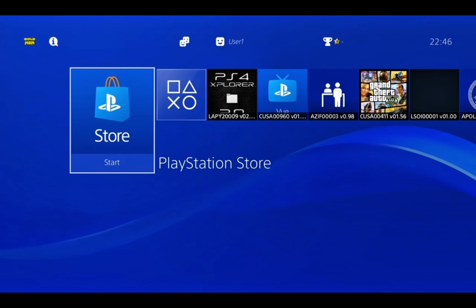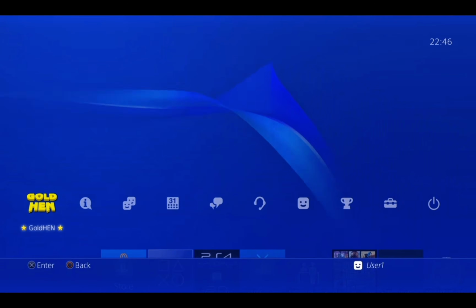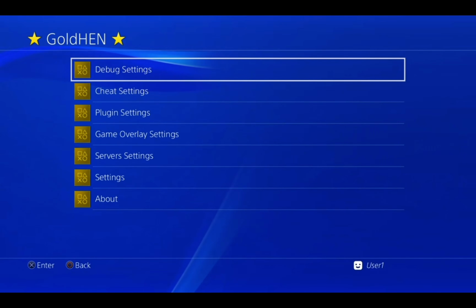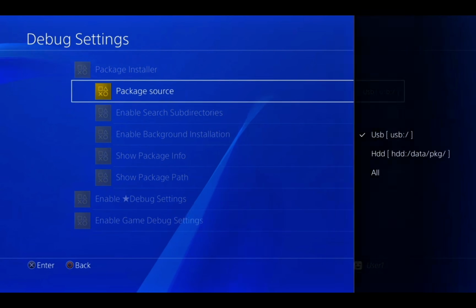So the PS4 must be jailbroken. As you see, my PS4 is jailbroken with GoldHEN. And you need a way to install the package files. So with GoldHEN, you can install it in the GoldHEN settings, debug settings, here package source, USB, and then